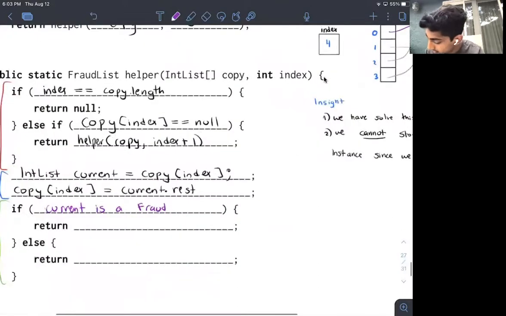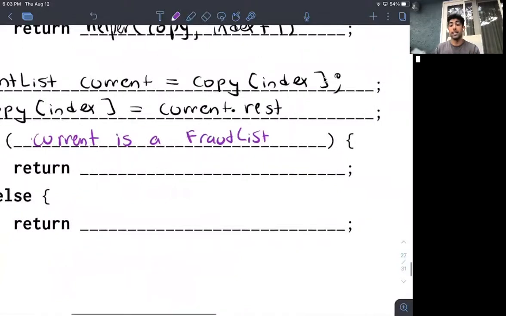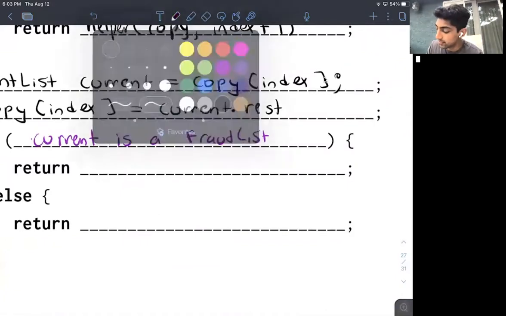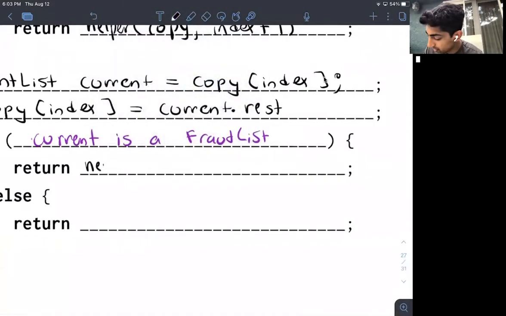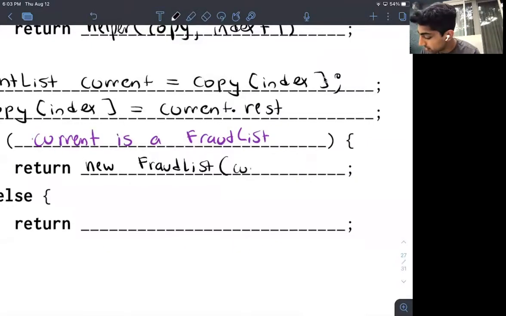Is a fraud list, then we want to take that first element in current and create a new frauds list, right? So the idea here is we'll return a new fraud list where the first element of the new fraud list is going to be current.first.